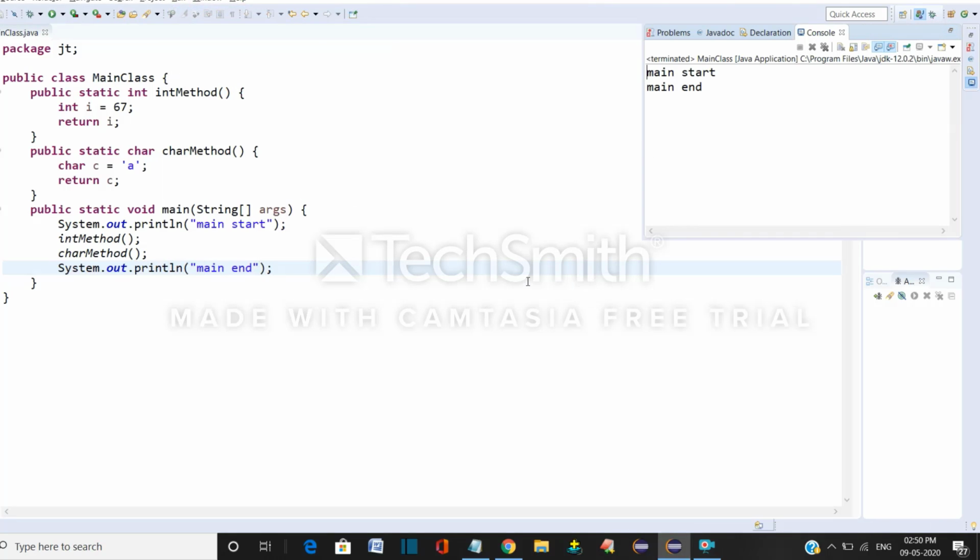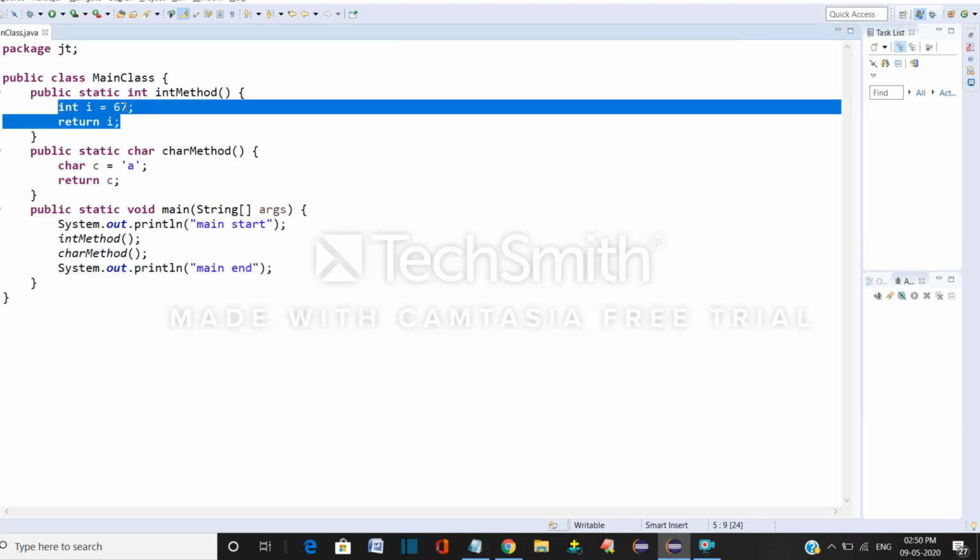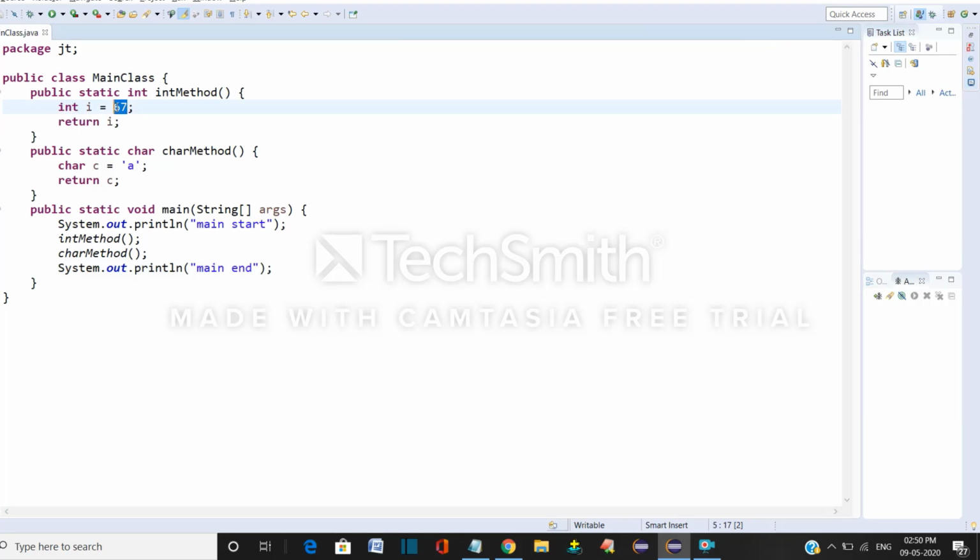See, main starts, main ends. Why am I not getting the values 67 and A? We wrote the methods because we want to show the value inside the I and the value inside the C, but here I can't see anything.